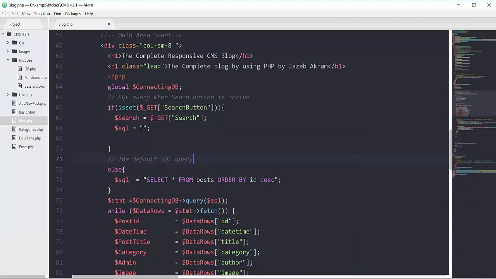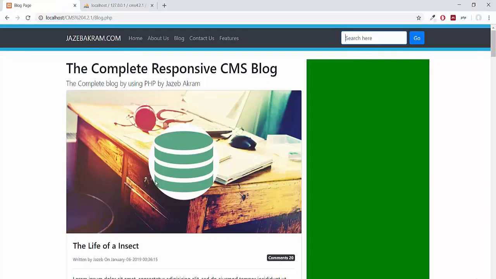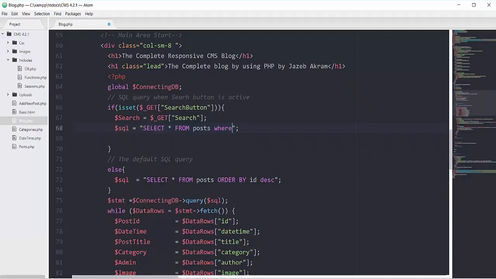So our SQL will be select star, all the columns from my table of posts where every single column of mine match with the input field data which the user is entering.